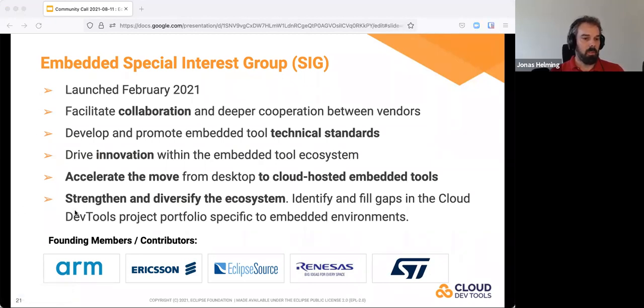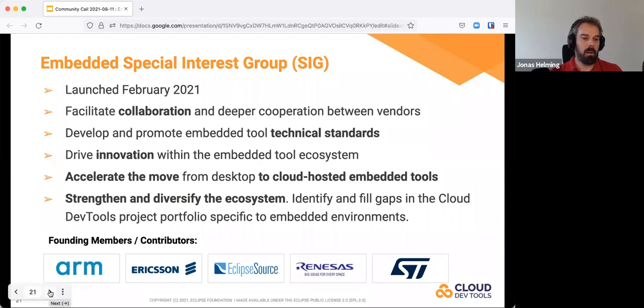Now, the goal of this is to accelerate the development of common components and obviously reduce the cost and thereby strengthen the ecosystem at all. And it's really a great group. So I'm personally part of it. There's a lot of momentum currently and it's really a great forum to share the experience that different companies made.